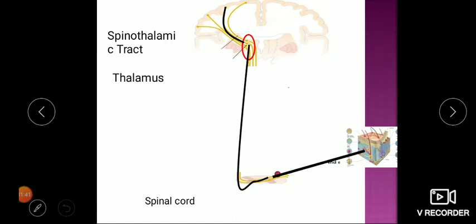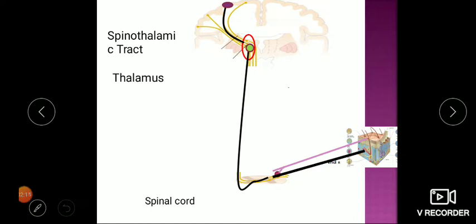See, from this, pain fiber stimulation comes, it generates action potential in the second order neuron, which will travel to the thalamus. Now this will generate action potential in the third order neuron and will reach the cortex. Once impulse reaches the thalamus, there is a perception of pain, and once it reaches the cortex, there is a localization of pain.